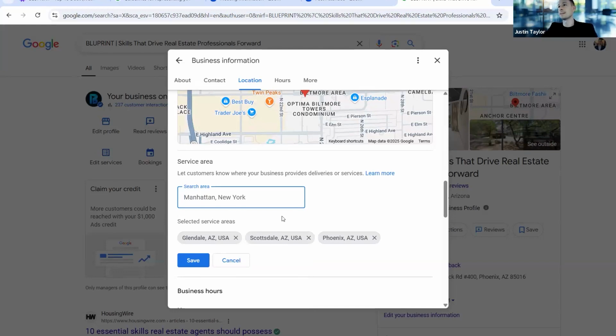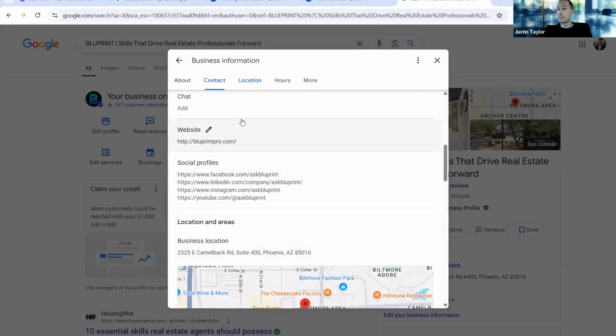I'd probably keep it to a dozen or less, depending on how large your vicinity is. Maricopa County here is massive, huge. But somewhere like Vegas, you may have 3 to 5 service areas in there. But again, remember, if you're adding in an address and with no service areas, you're only going to rank in that section or that city and zip code that you have in there.